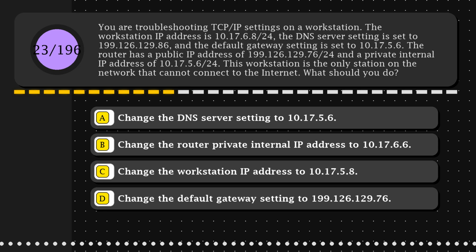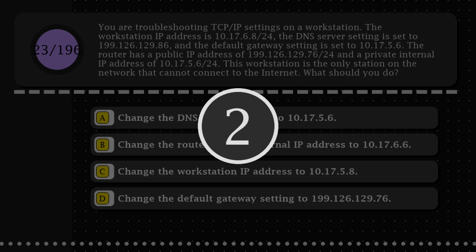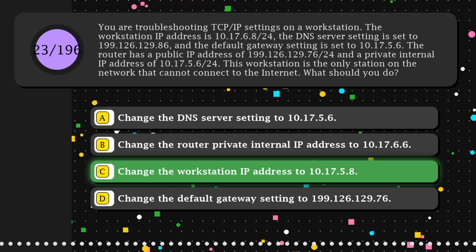What should you do? Option A. Change the DNS server setting to 10.17.5.6. Option B. Change the router private internal IP address to 10.17.6.6. Option C. Change the workstation IP address to 10.17.5.8. Option D. Change the default gateway setting to 199.126.129.76. The correct answer is option C. Change the workstation IP address to